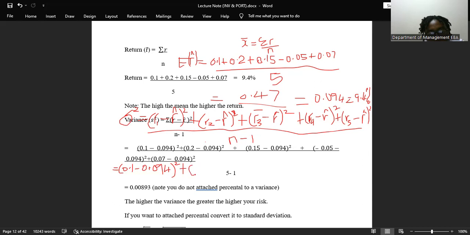R2 is what? 0.2 minus 0.094. That's my point is not clear. That's why I deepen it and I have issues. Okay. 0.094 squared plus